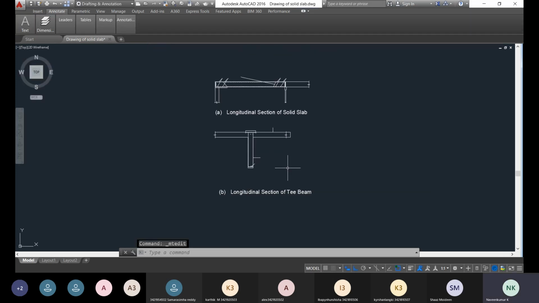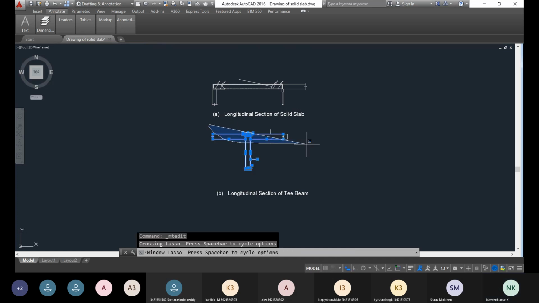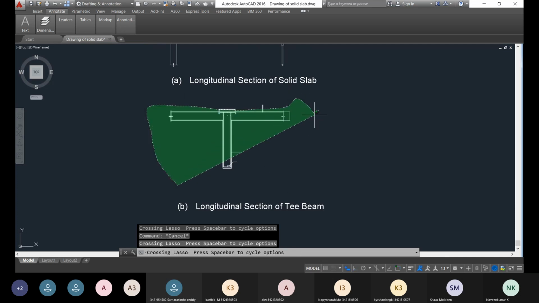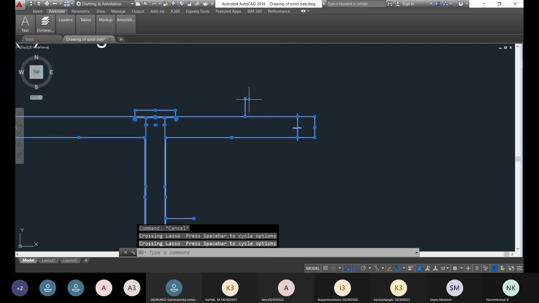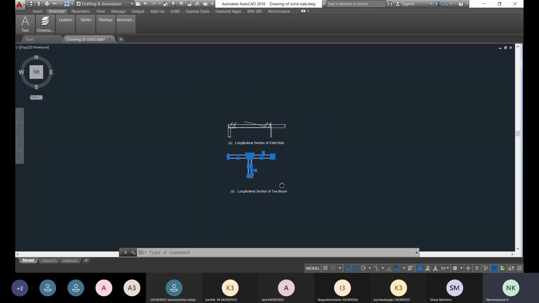Now it is not visible, right? To make it visible, you select all those things. You can utilize the SC, that is the scale option in AutoCAD.